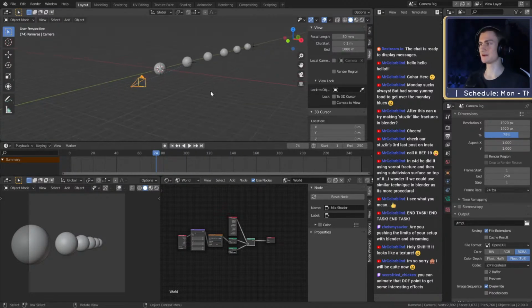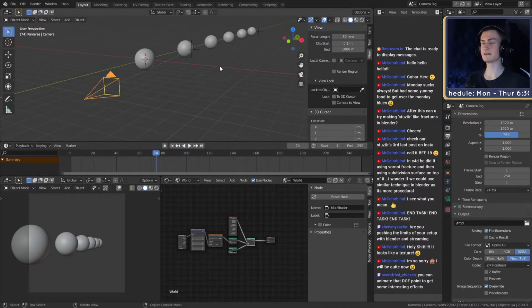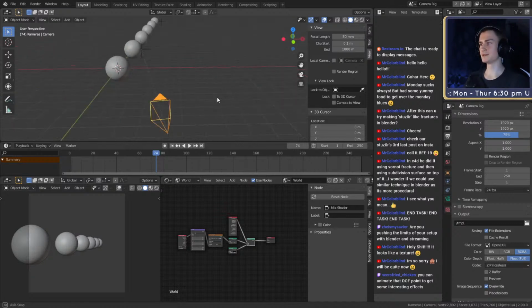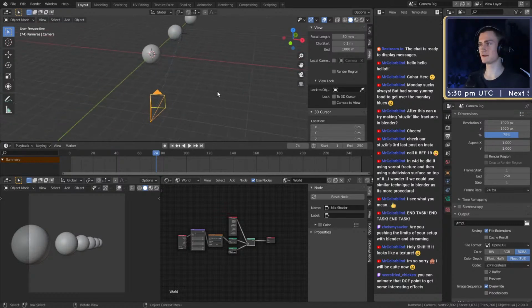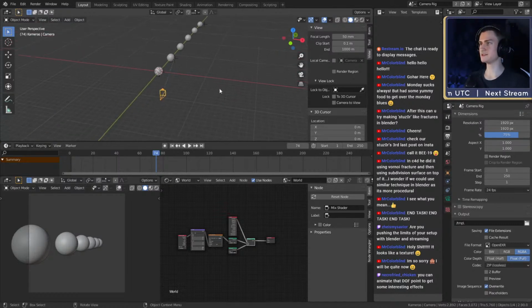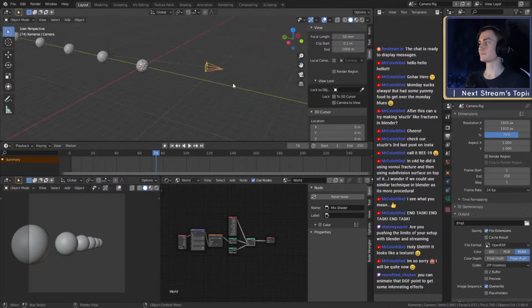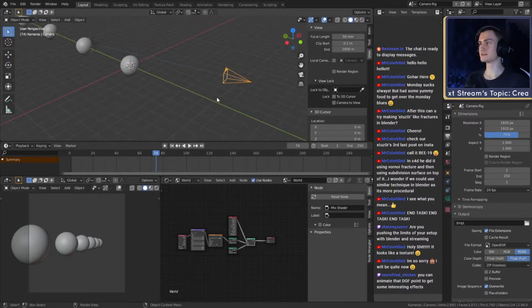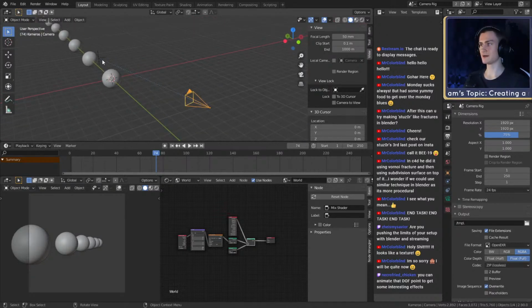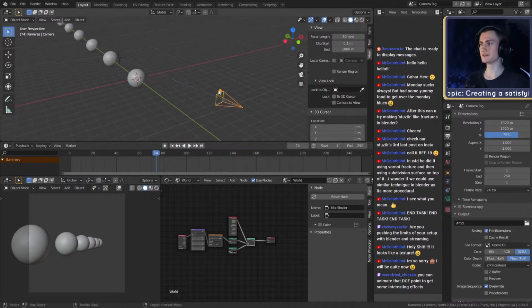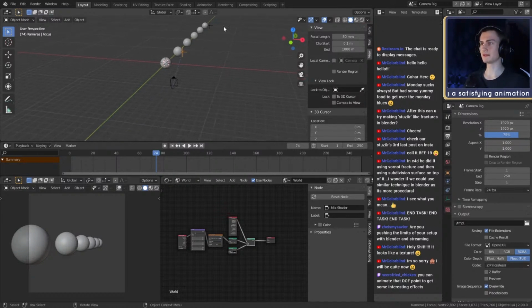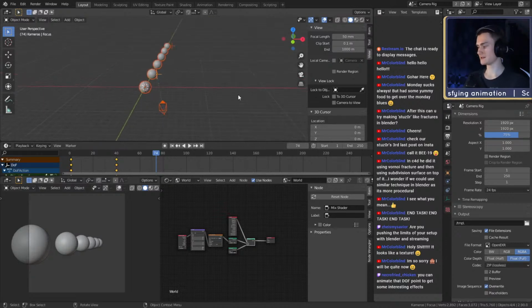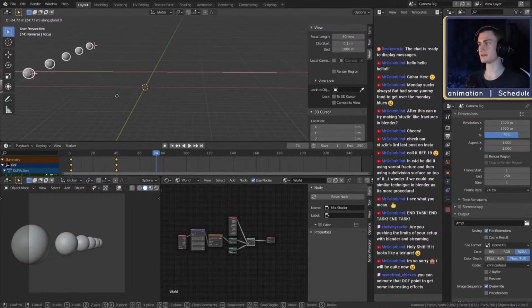As you can see right there, I made a very simple camera rig, and I'm going to explain what it does. It is so easy to create yourself. You can even follow along, and it shouldn't be too hard. First of all, this camera has this blue line right there, so it's actually tracking this empty. Let us make a new scene so I can explain what happens there.